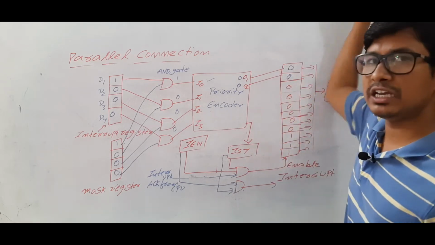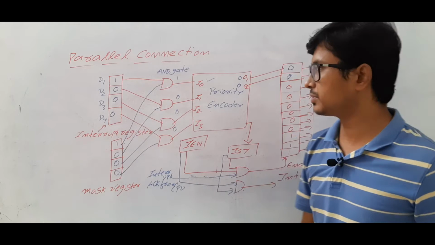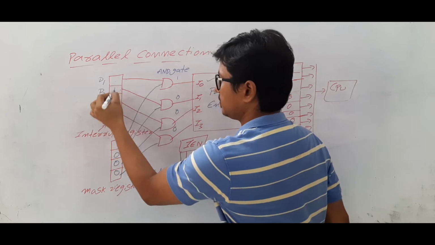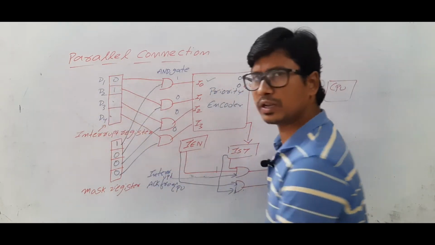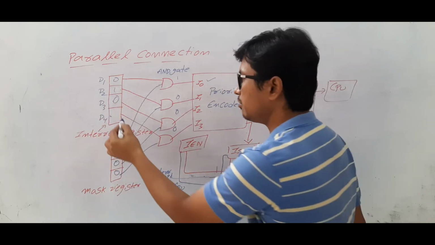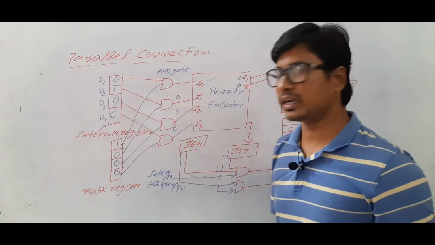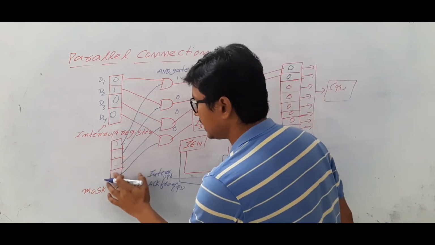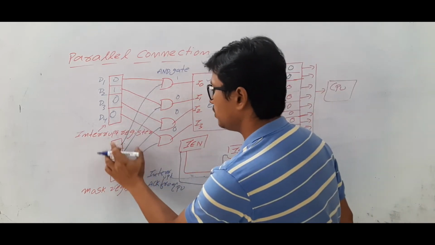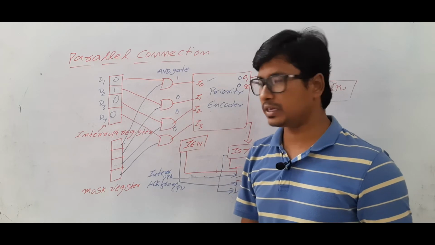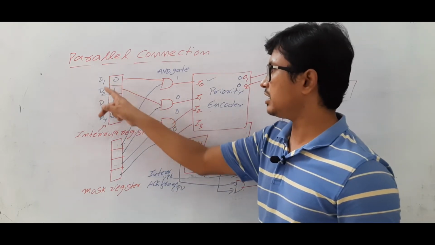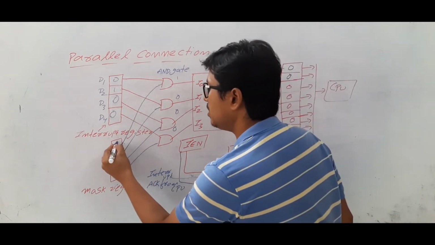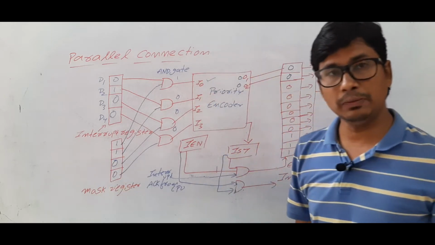Now let's take that device 2 wants to execute its interrupt. Let's take that device 2 alone wants to execute, and device 1 does not want to execute right now. Device 3 does not want to execute. Device 4 does not want to execute. Can anyone guess what the mask register value is? If you know it, please write the answer in the comment section. Now device 2 wants to execute its instruction, however device 1, device 3, device 4 do not want to execute. Then can anyone guess what the mask register value is? It will be 1100. You will be shocked, sir.